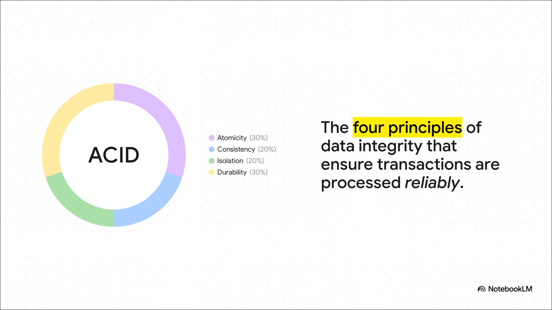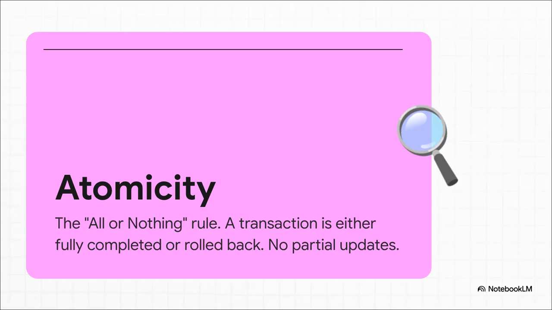Okay, if you're auditing any system that handles transactions, and I mean anything from banking to e-commerce to inventory, you need to know about ACID. These 4 principles are the absolute bedrock of data integrity. They are totally non-negotiable. ACID is what guarantees that your database doesn't get corrupted when something bad happens, like a sudden power outage. Let's zoom in on the A in ACID, atomicity.